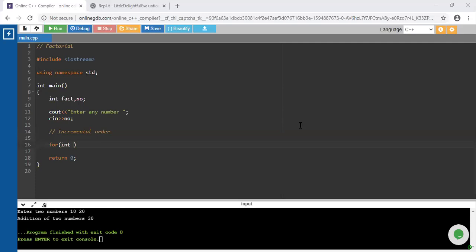First of all, let us start with increment order. So here, first is initialization. We are going to initialize a variable, I is equal to 1. What will happen, guys, if I consider I is equal to 0? Is it possible? Then multiplication will also come as 0. Okay, let us check first. If I use I is equal to 0, then next, I is less than or equal to number, whatever number the user enters, and then next is I plus plus.